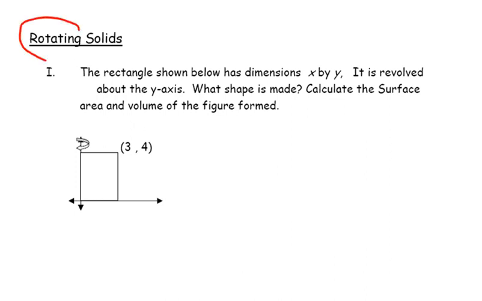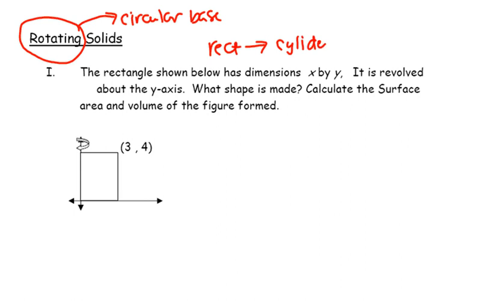And since rotating means to move in a circle, we're always going to have a circular base. So basically the question is, do I have a cylinder or do I have a cone? Well, if I begin with a rectangle, then when I rotate it, it becomes a cylinder because the top and the bottom both rotate, becoming circular bases. Okay, and so here we have a cylinder,